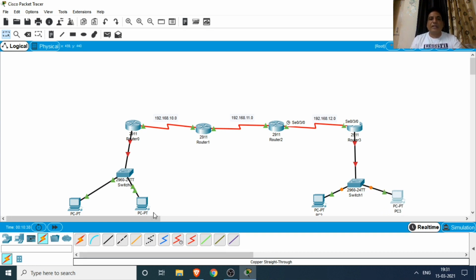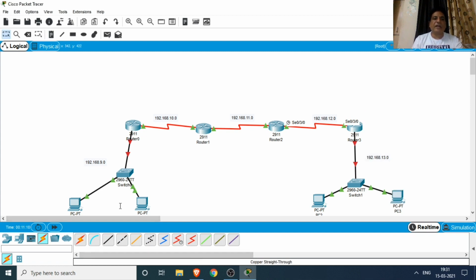Now we assign the gateway address to these networks. We are assuming that this network is 192.168.9.0. On the right side, we are assuming that our network is 192.168.13.0.